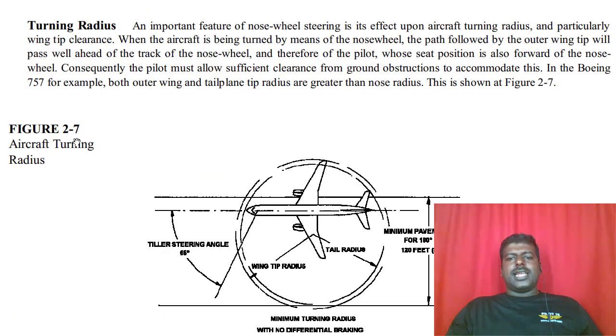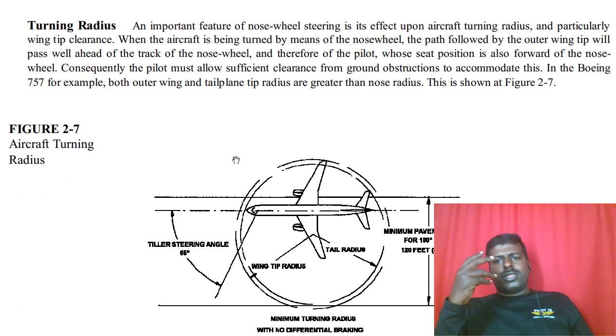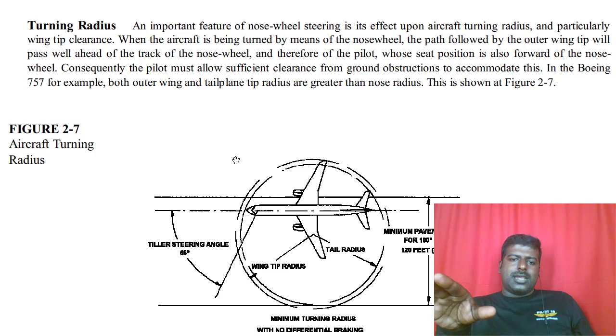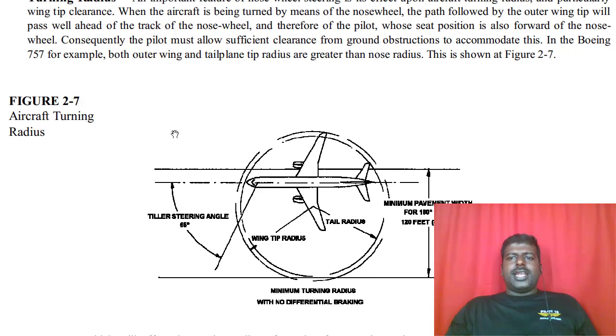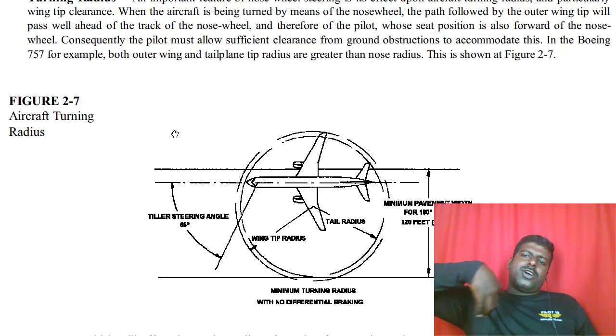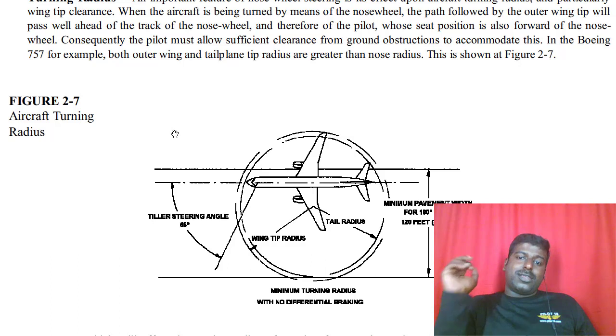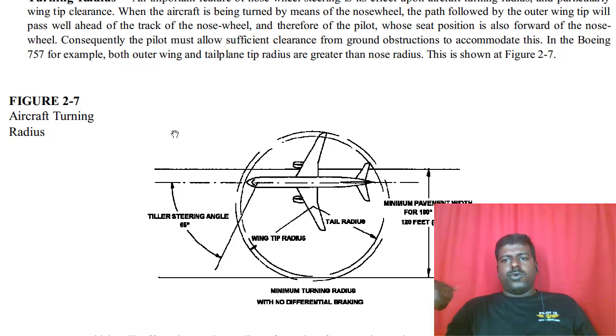And then comes the turning radius. Actually, there is nothing much to learn about the steering part of the nose landing gear. You can just understand what it is by looking into a diagram. That's it. And then comes the turning radius. Turning radius means the radius of a circle which an aircraft makes from wingtip to front and aft tips. Okay, it is the radius of the circle which the aircraft takes to turn 180 degree on the ground.